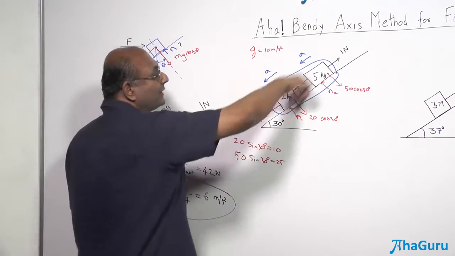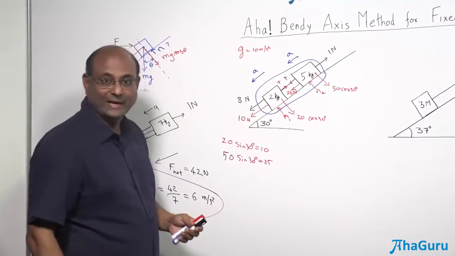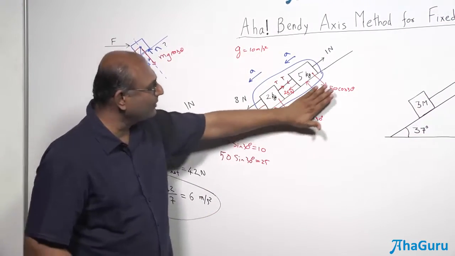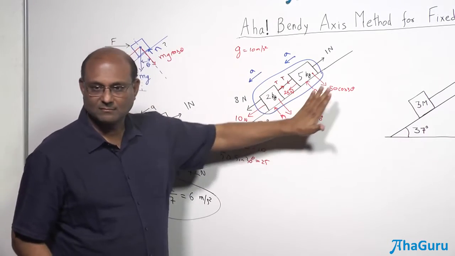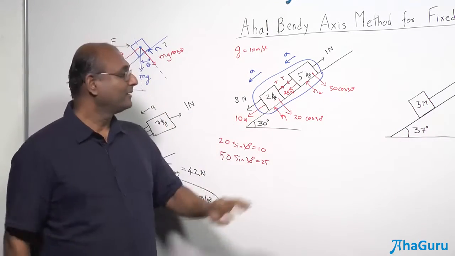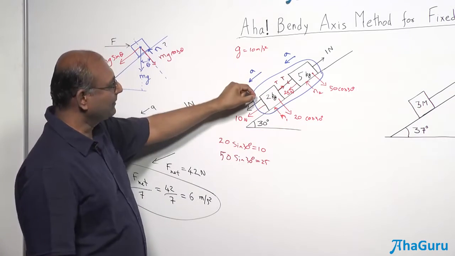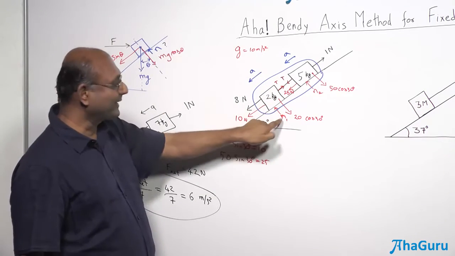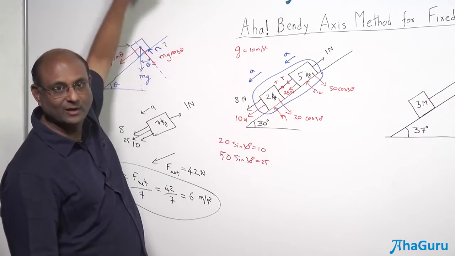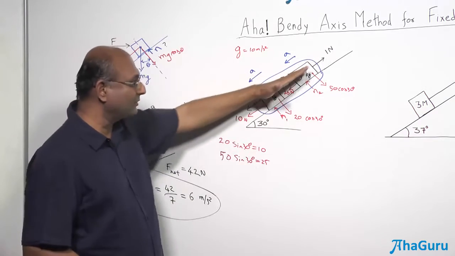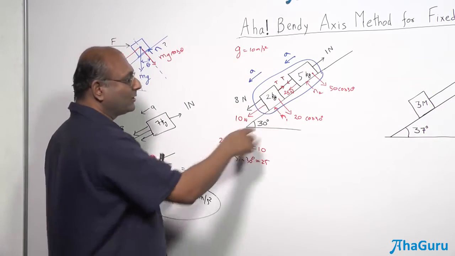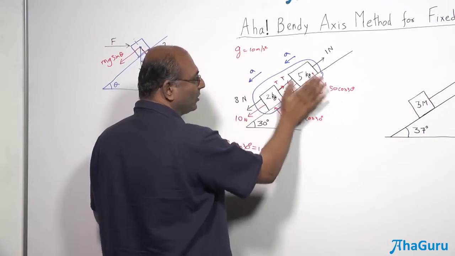So what do you do when you have a problem where the objects are on an inclined plane? You can just forget all this. Now you have to check. Now I'm assuming that this is a nice, well-behaved problem. For example, if somebody was pulling this way, you can't forget N1 because this guy will start to move out. If you are sure that in this case this fellow is going to go down, and I don't want to calculate N1 and N2, ignore all this.